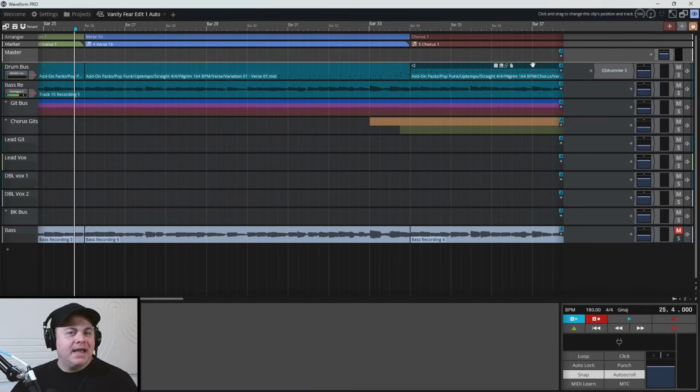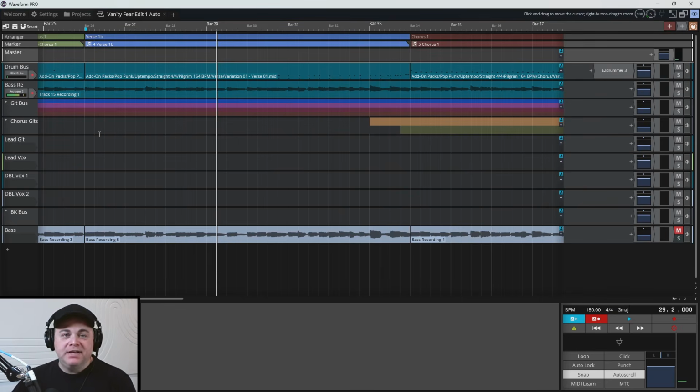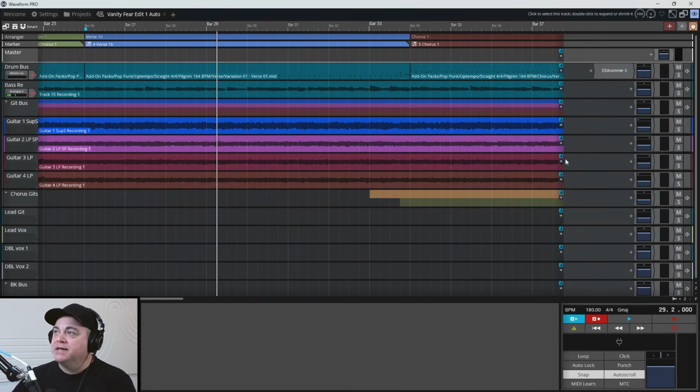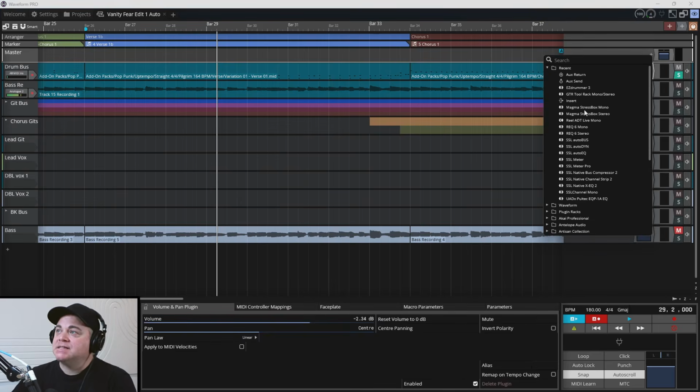Now, before you start mixing any track, it's a good idea to set up your static mix, which is where you set your levels and your panning so everything kind of works together before we start adding EQ and all of that fun stuff. So this is my static mix right here. Nothing else is done to it except for just my levels, and there's some panning done to my guitars in my guitar bus here. So I'm going to start with the drum bus, and we'll start with adding the SSL